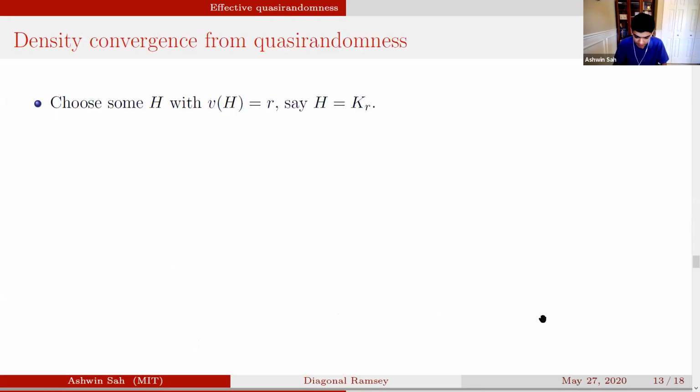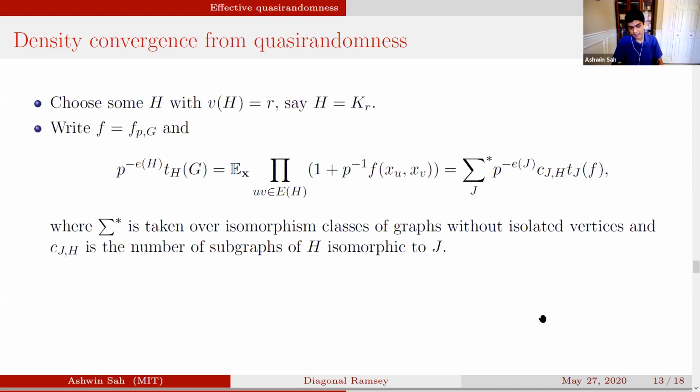So now let's talk a bit about these actual effective quasi-randomness results. So remember that our ultimate goal was to, in a Ramsey graph, compute its K_r density. And we were going to do that using these quasi-randomness properties. So, okay, here suppose H is some graph with r vertices. For example, the case that we really care about is this clique K_r. But this does work more generally. G is, say, our Ramsey graph.